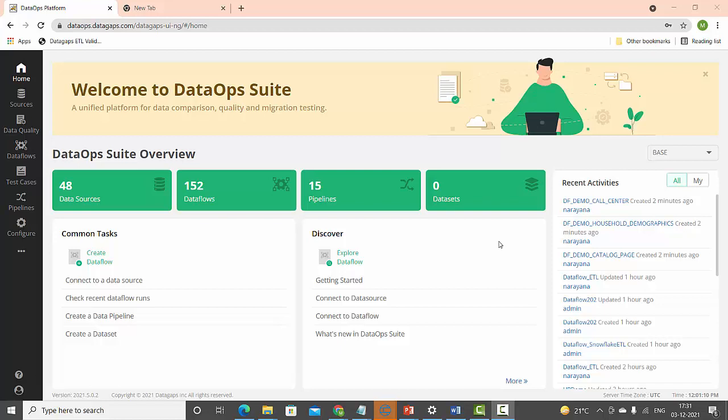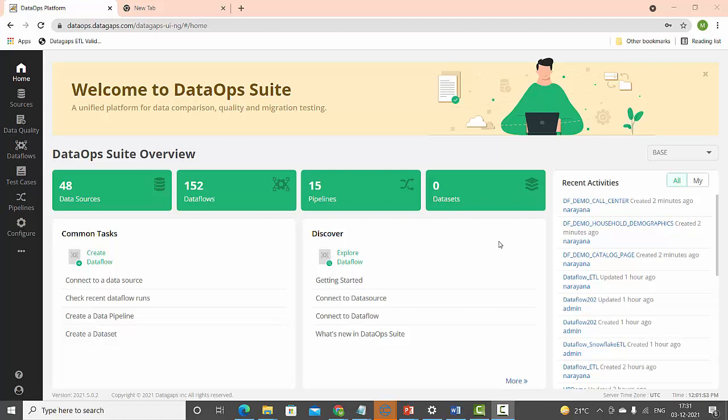In this session, we are going to talk about the migration wizard in the DataOps suite. The migration wizard helps you validate a migration process which is already executed. Let's say we have a migration case wherein you are moving the tables of an on-premises database to a database. In this case, the migration happened from on-premises to Snowflake, and then we are validating both the databases, whether the data moved properly from on-premises to Snowflake or not.